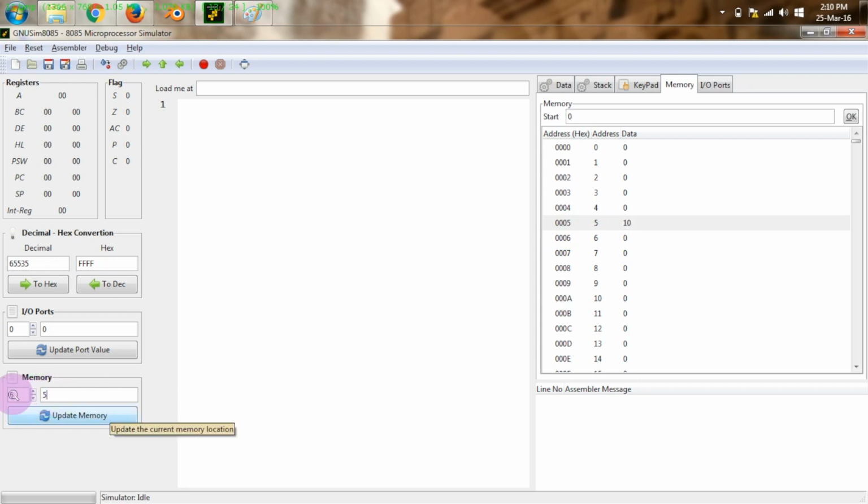So I have written here 6 and I have written here 5. So at location number 6 I will be putting a value equal to 5 and then click update memory. So when you click update memory, you can see that 5 appears here. Now one important point to note is that the data that is displayed here is in decimal form, as against